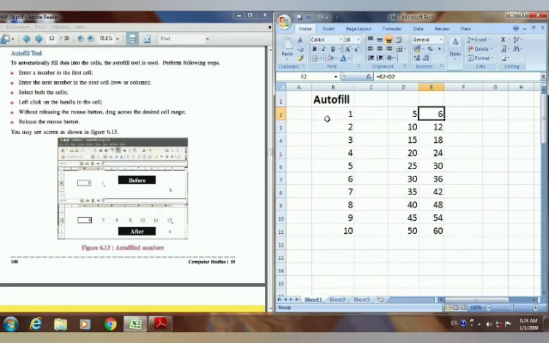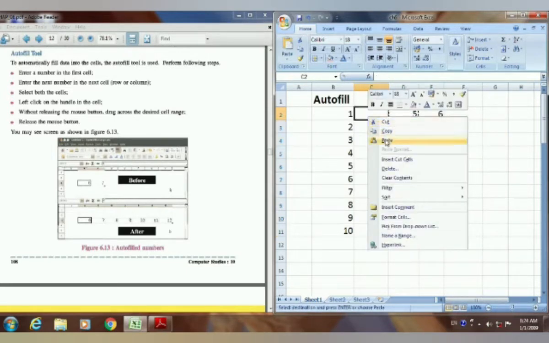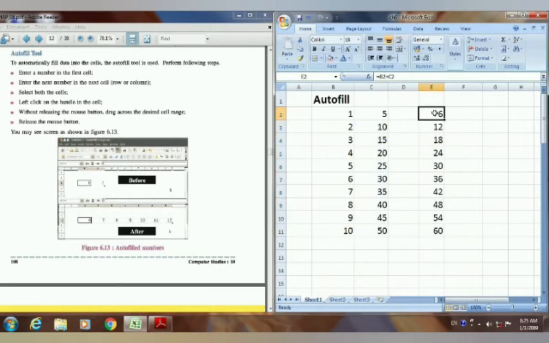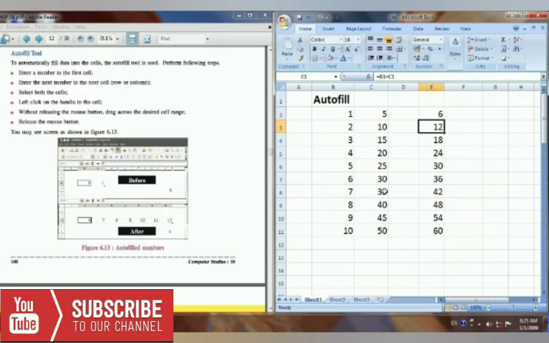And if I change this one, cut, and paste it here, see, now the formula is automatically changed. Before it was B2 and D2, now it is B3 and C3. So in the relative address, Excel will automatically change the cell address when you move the data from one place to another place.